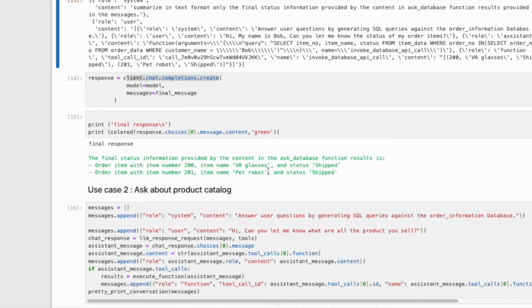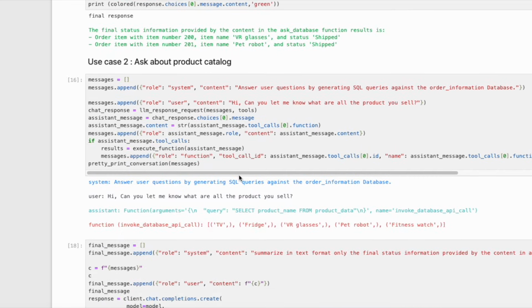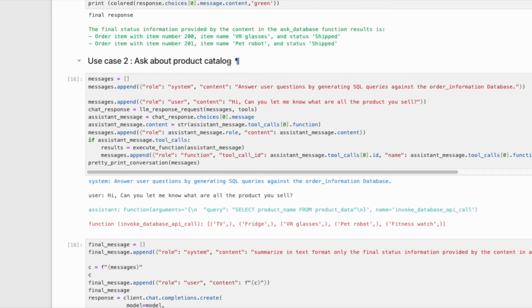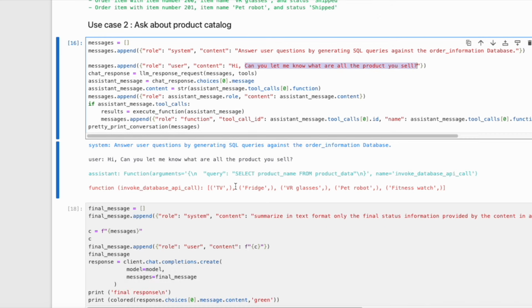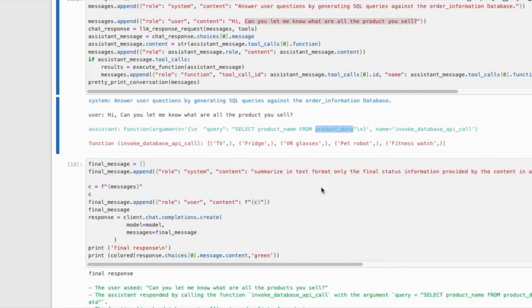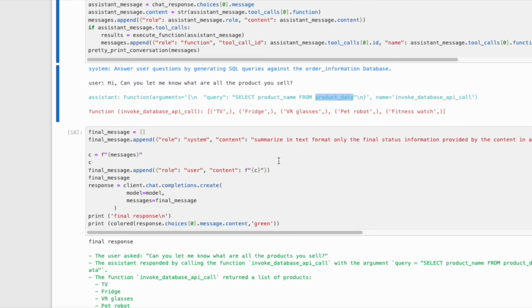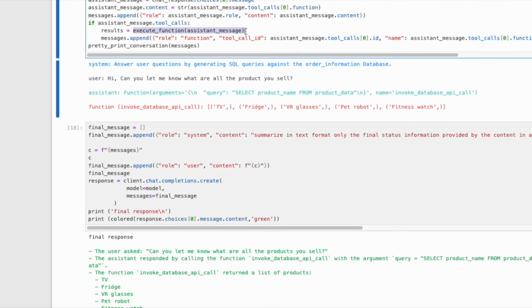For our second use case, we will ask about product catalog. We will ask, can you let me know what are all the products you sell? We can see the LLM coming up with corresponding query specifying the product data table. Subsequently, we will call the execute function which runs the SQL query and we add the output back to the message. For our final message,